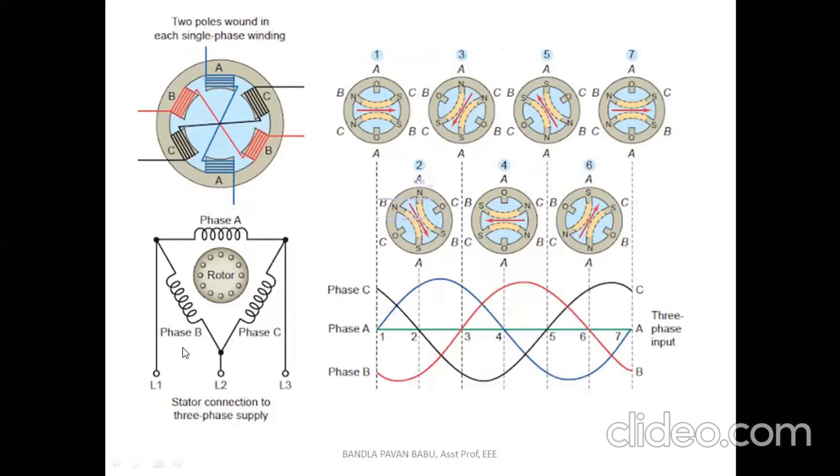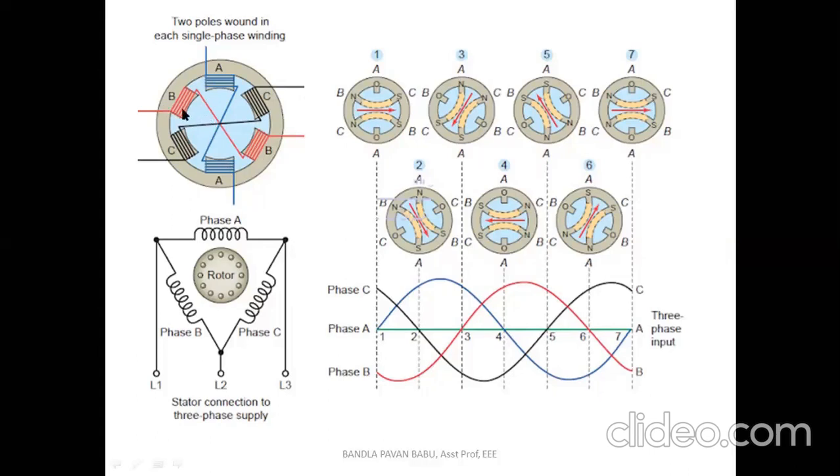So either it may be of star connection or delta connection. We look at this diagram: two poles of single phase each. Look at the left hand side diagram, A and A dash. So this is a pole pair. Next, B dash, this is another pole pair. C dash, this is another pole pair. So if we see from the front view, it looks like a 6-pole machine. So 1, 2, 3, 4, 5, 6. But actually it is a 2-pole winding machine. Each phase has a pair.